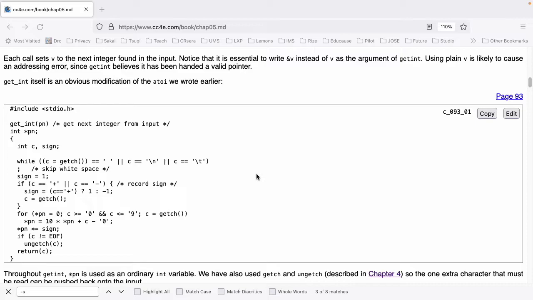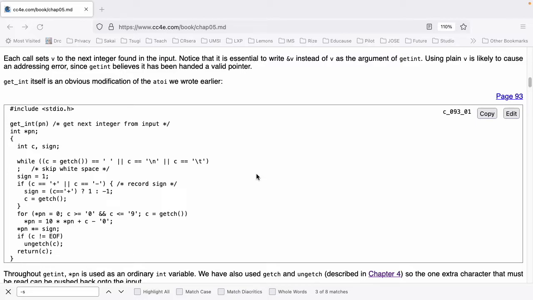Now, for (*pn = 0; c >= '0' && c <= '9'; c = getch())